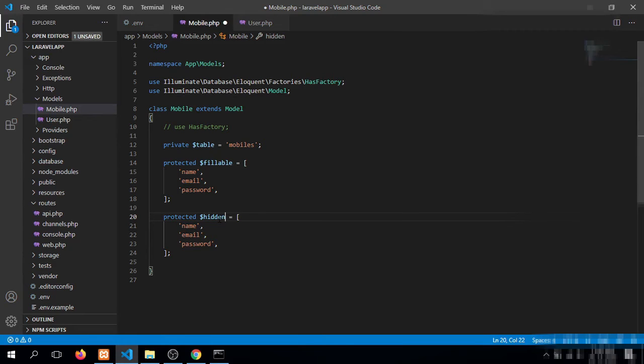Like hidden and fillable. What is the meaning of hidden and fillable?